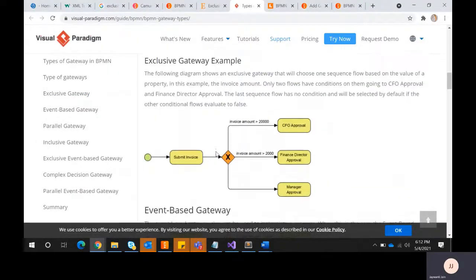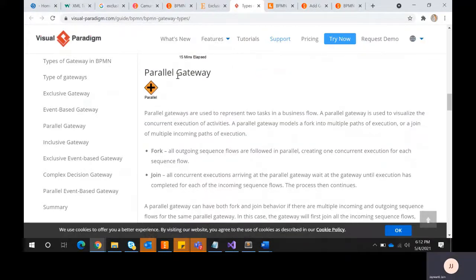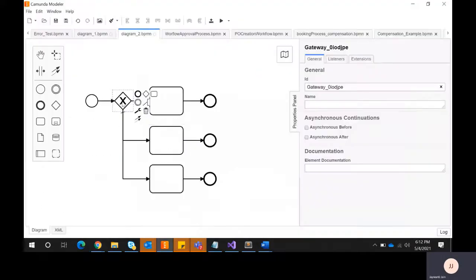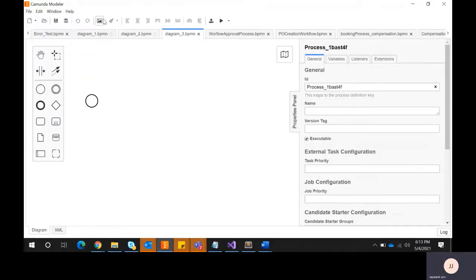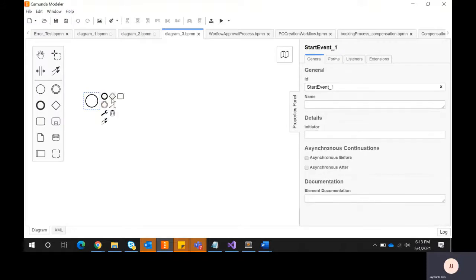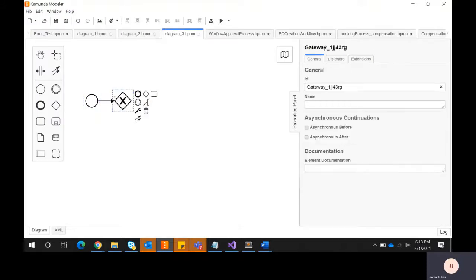Now we can move to the parallel gateway. What is a parallel gateway? I'll create one more diagram, so that through the diagram you can easily understand it. Here we attach a gateway, the decision diamond. We change the type and select parallel gateway.